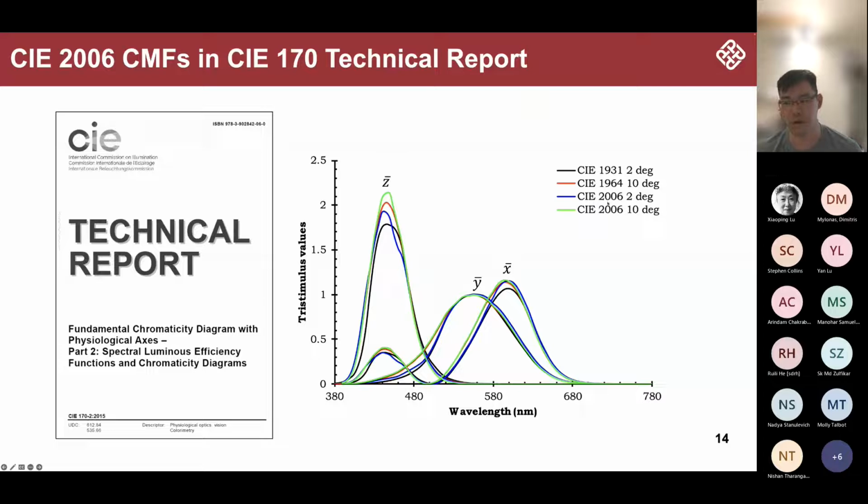We know it's the CIE 2006 2 degree, and also the CIE 2006 10 degree. And if we compare these two with the conventional ones, the CIE 1931 and the 64, we know the major differences are in the short wavelengths. Which means the conventional CIE 1931 underestimates the contributions from the short wavelengths. But still, we don't know whether these two new sets of functions work well or not.